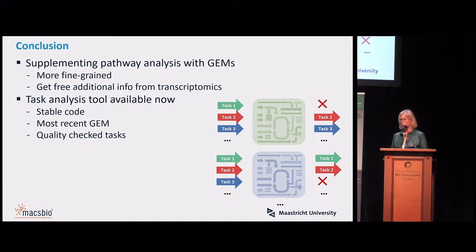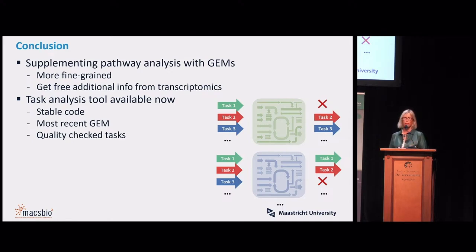but there are also some issues. Anybody who has ever worked with these genome-scale metabolic models knows that they are not perfect. There are lots of issues with the code. We solved that for the task analysis. We did use the most recent version of the human genome-scale metabolic model, Human1, but there are lots of